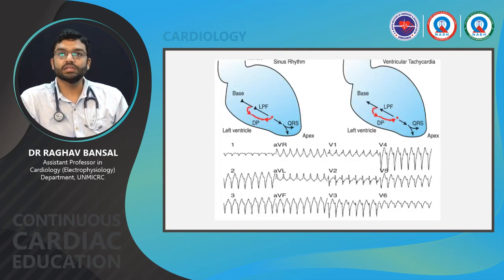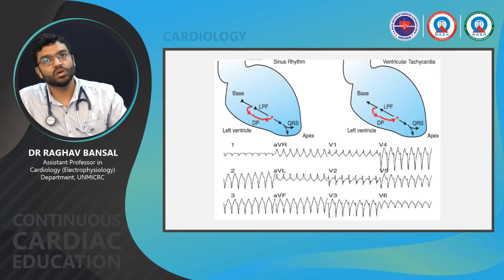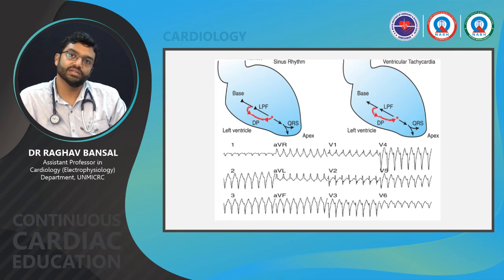This is a typical presentation of a fascicular VT with a typical RSR' pattern, where the R' is bigger than the small initial r in V1, and there are prominent S waves in V5 and V6. Plus it is a fairly narrow QRS tachycardia, mostly less than 140 milliseconds, because it is arising near the septum, near the conduction system, and it engages the conduction system very early. The axis is mostly superior and towards the left with aVL and aVR positive. Lead 1 is frequently negative, and leads 2 and 3 will be negative. So this is the posterior fascicular VT.